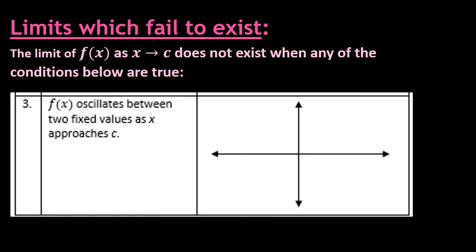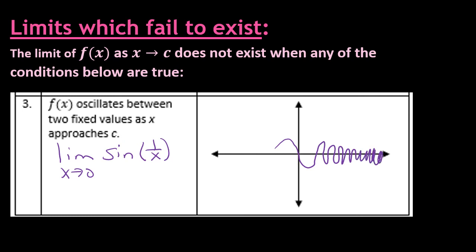All right, and then the last random case, f of x oscillates between two fixed values. So this is a graph we didn't talk about. You'll see why here in a second, but the limit as x approaches 0, and if you want to put this in the calculator just for fun, you can. This graph kind of looks like this, and then it just goes crazy, and then it levels out. This is a horrible version of this graph, okay? But the limit on this graph also does not exist